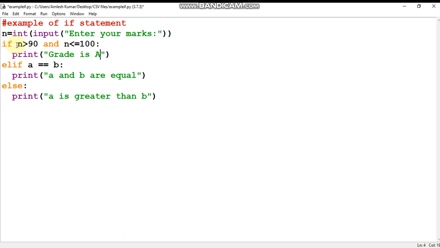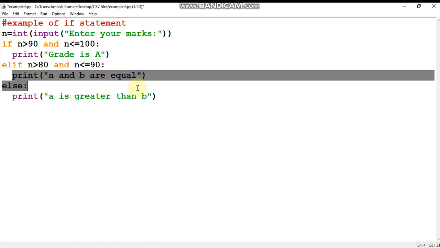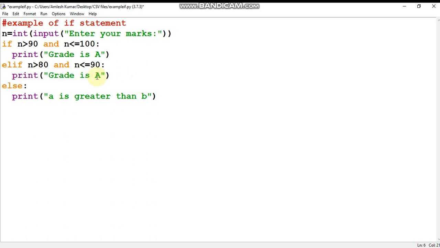Then in elif, if n is greater than 80 and less than or equal to 90, the grade will be B. In the same way you want to check another condition.